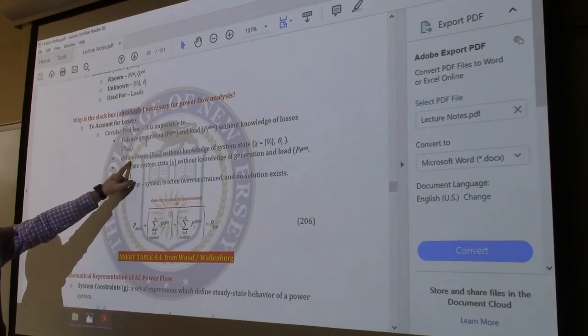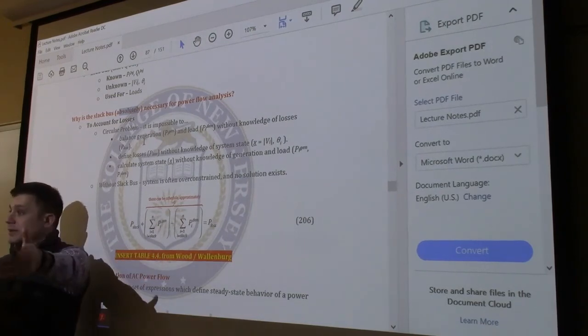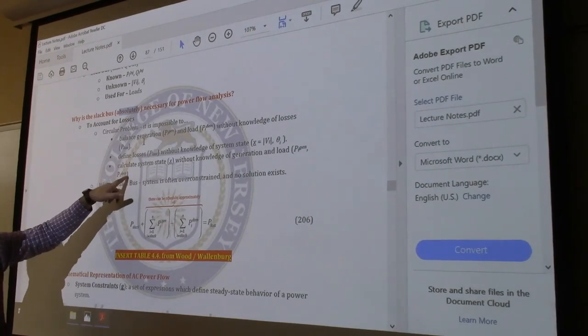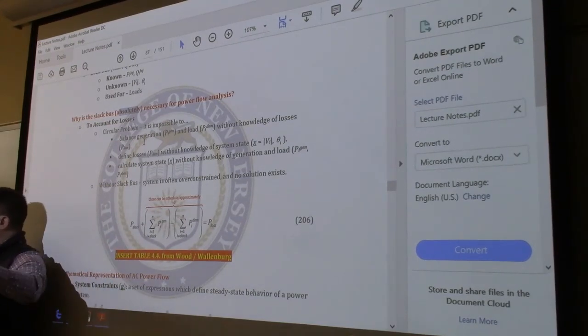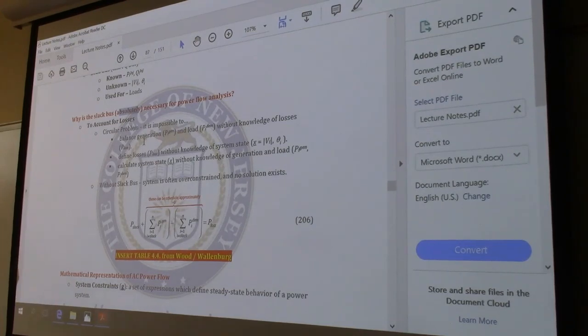You can't define the losses without essentially solving for the system state, and you can't solve the system state without knowing the generation and the load. So it's a chicken and egg type of problem. Now, there are ways to get around that. Essentially, if you solve the entire